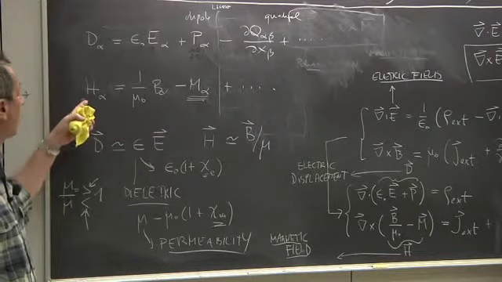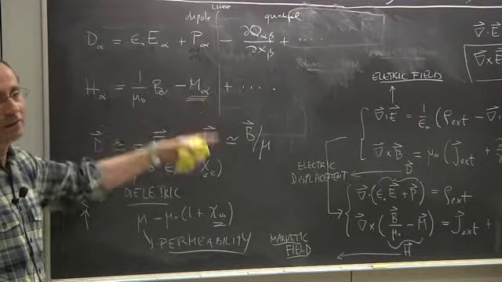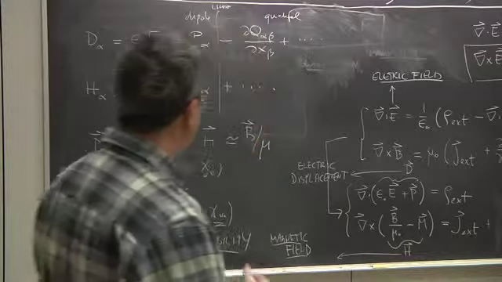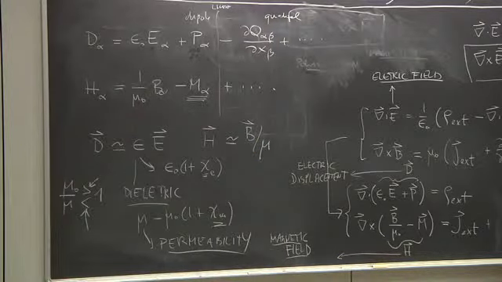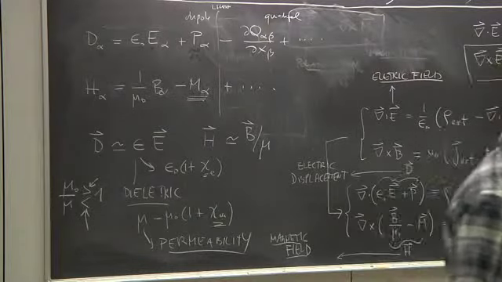You don't have to apply an external B field in order to induce this M, it is already there, because the atomic structure is such that it is already magnetized in a way, right? For instance, the magnets, these things we started with,